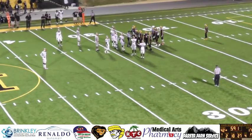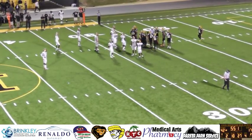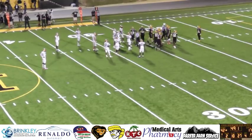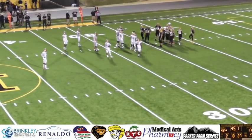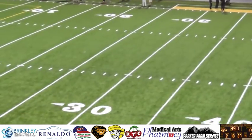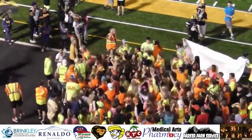When you knew that you had to score too. So it was that time where they were pressing a knee by Reed, which unfortunately is going to have him lose a yard or 2, but I don't think he cares at this point. And I think one more, and